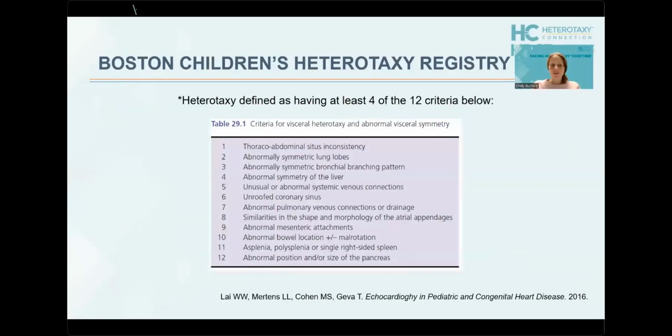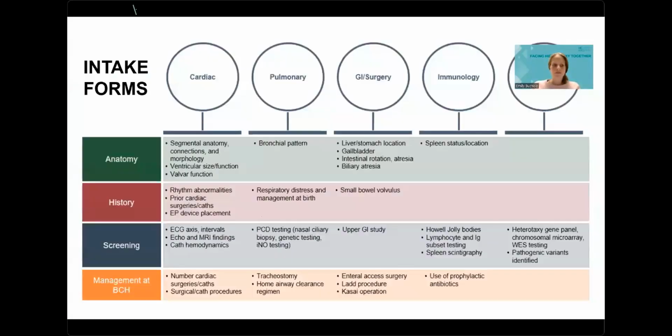So for the Boston Children's Heterotaxy Registry, we included all children followed in Boston from 1990 to present with a diagnosis of heterotaxy who underwent some type of cardiac intervention. Patients were identified using filer codes, which is a diagnostic coding system used in Boston and reviewed by the team for inclusion. And this registry included patients who were born locally as well as those referred by other institutions. After the initial intake,